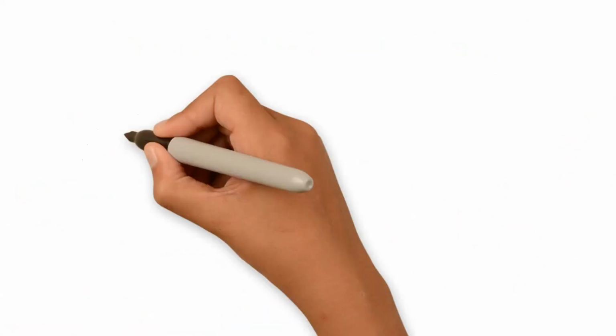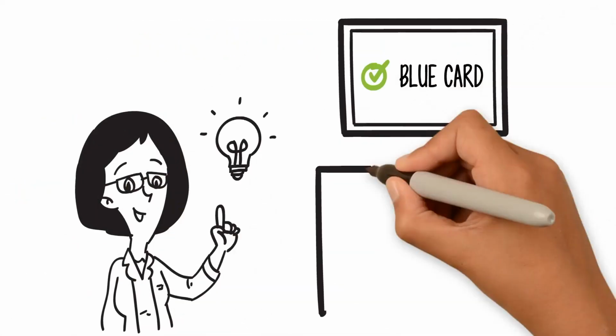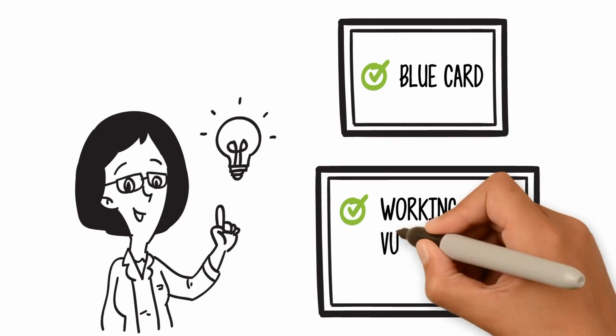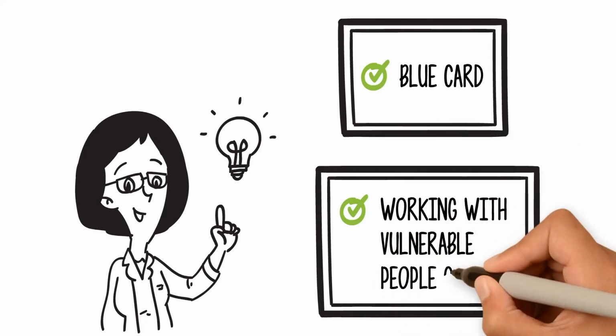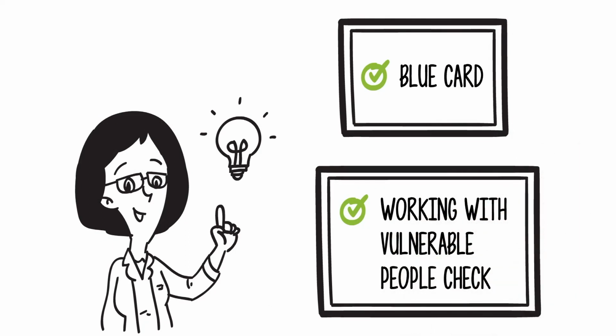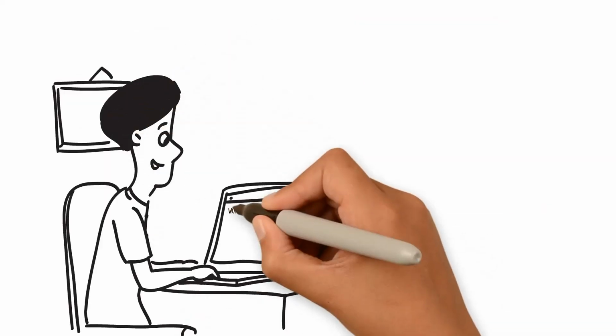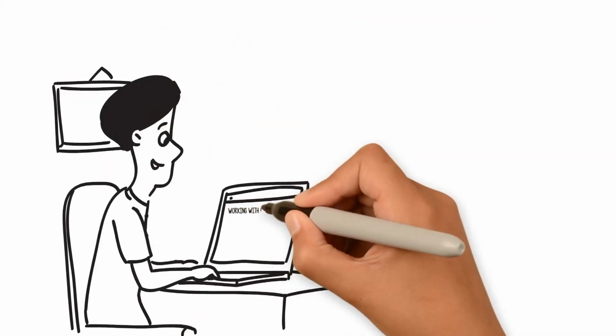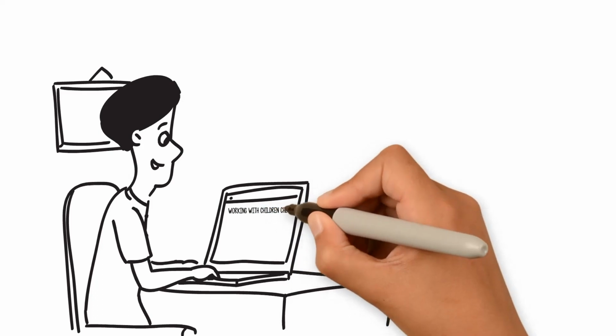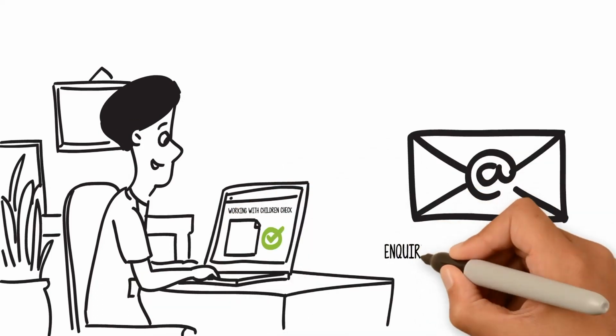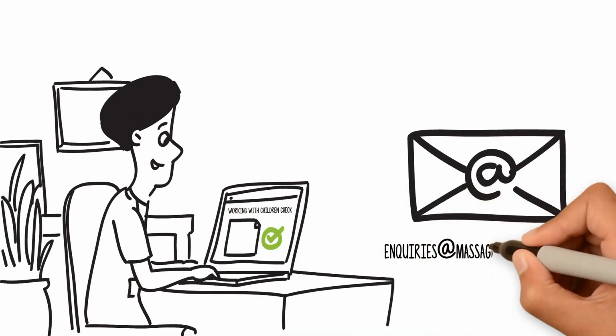Depending on your state or territory, the Working with Children check can also be known as a blue card or a Working with Vulnerable People check. If you are required to hold a valid Working with Children check, you can submit a copy to the association either by uploading a copy on the association's website or by emailing it to